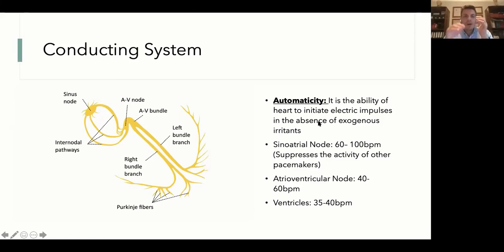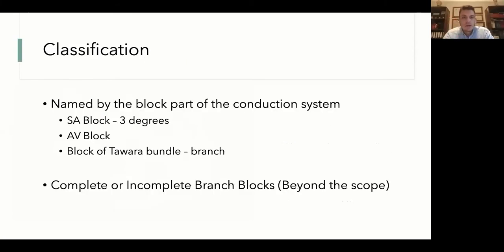Now, when we talk about branches and blocks, it means that there is a stop, a cut, either anatomical or surgical or a malfunction in a part of the conducting system. So this means that the heart's other nodes will take over and start replacing the sinus node function, okay? Now, there are multiple variants, and